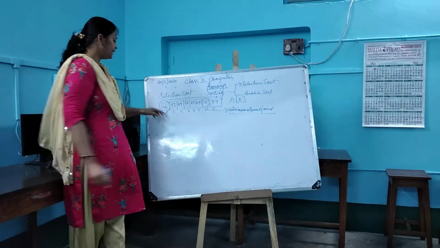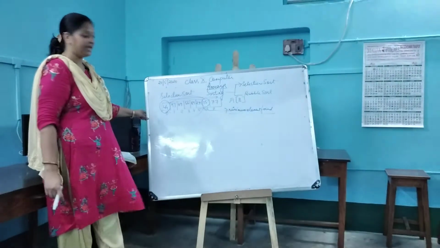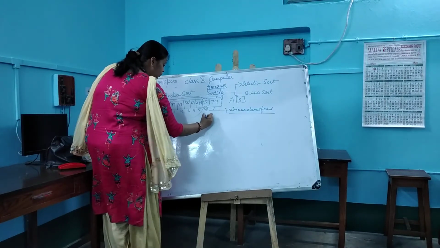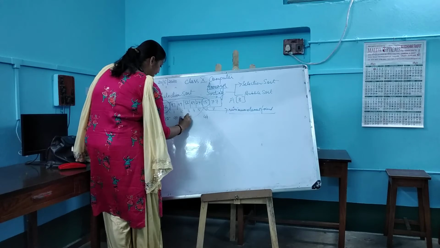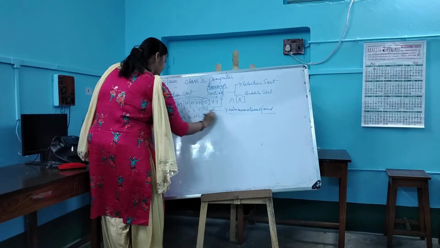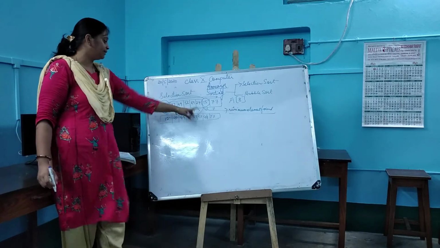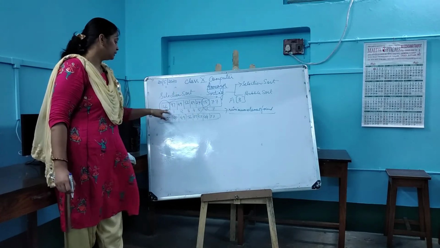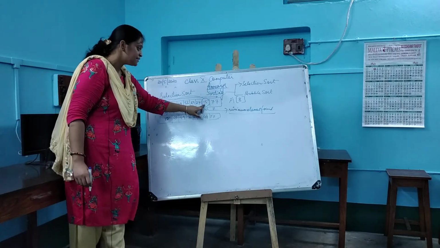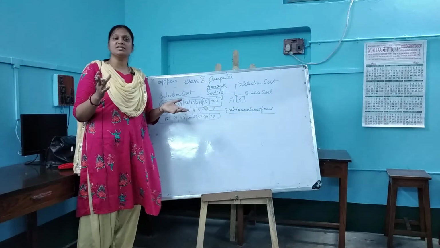When it finds the minimum element, it will interchange it with the first element. That means the places will change: 15 will come here and 44 will sit there. The remaining numbers will remain as they are. Can you see that? After finding the minimum number, it has interchanged. That means 44 has gone to the 6th position where 15 was present, and 15 comes back to the 0 position.